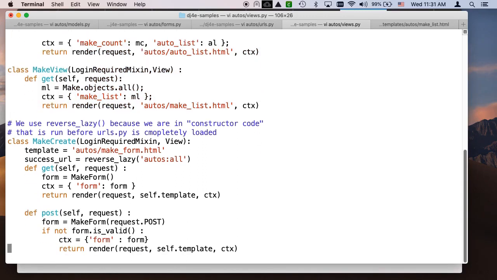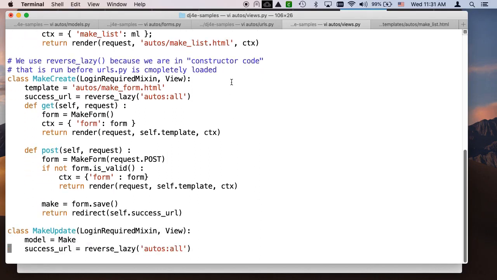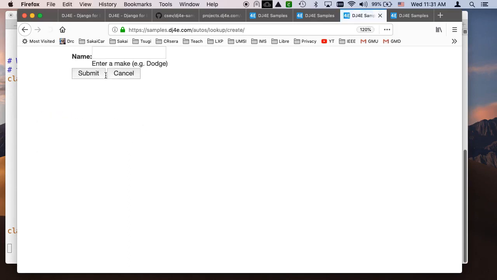Okay? Now, we want to make the make create view. Okay? So if we take a look at the make create view, that is add a make. That's going to create this form. I can make this bigger here. Create this form where you're going to put in a thing called Chevy,